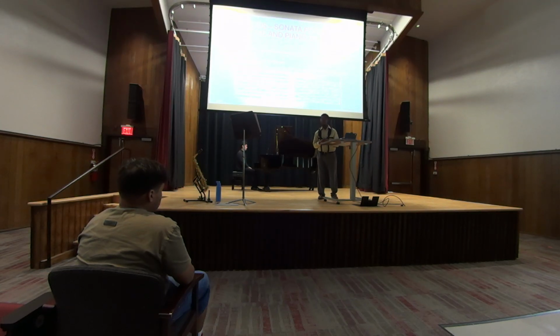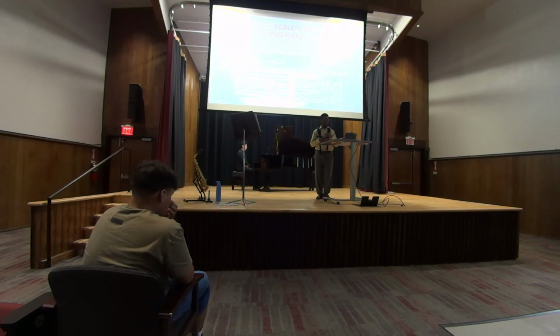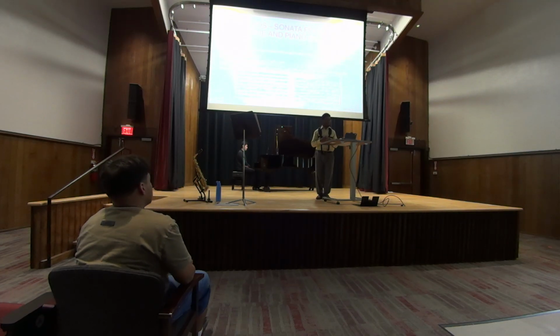For example, in the first movement, it has a 16 measure improv section for the performer to do what he pleases within the key. The improv section is basically that the performer is given key changes, chord changes, and he is required to make up his own melody within the piece.